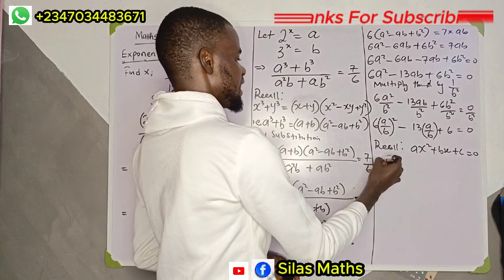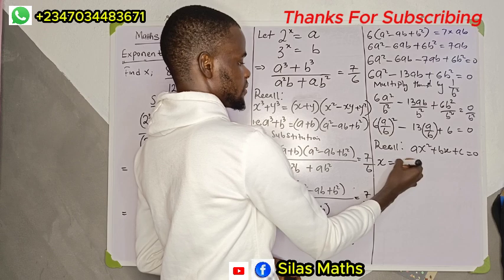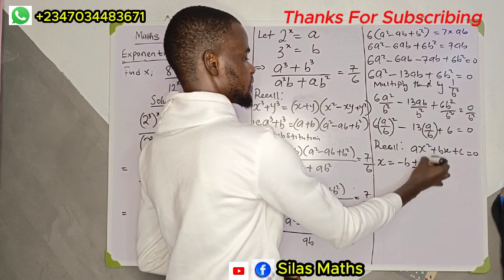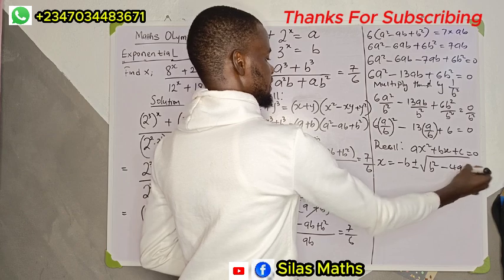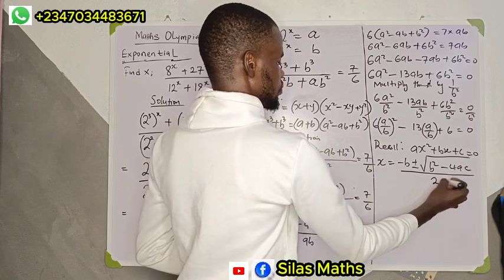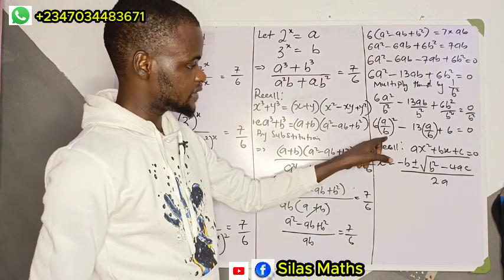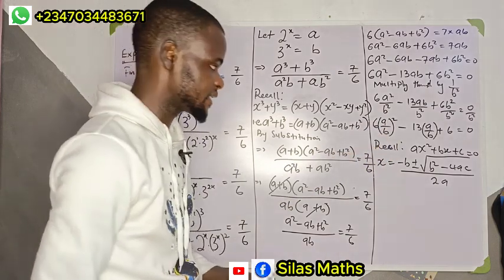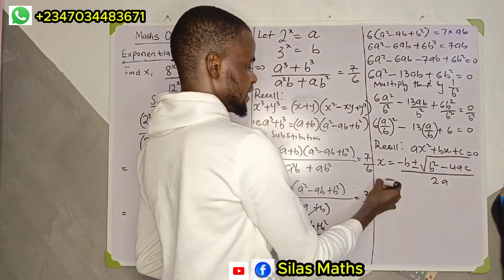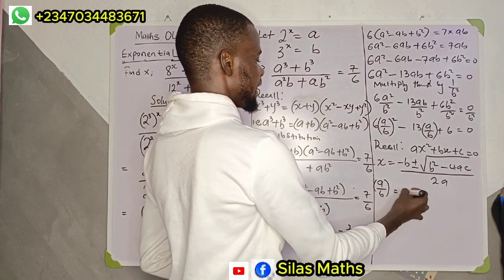So we can use the general quadratic formula. We state that when we want to solve for x, x is equal to minus b plus or minus the square root of b² minus 4ac, all over 2a. This will help us to solve this. So a over b serves as our x. In doing that, we can say that a over b, which is our x, is equal to minus